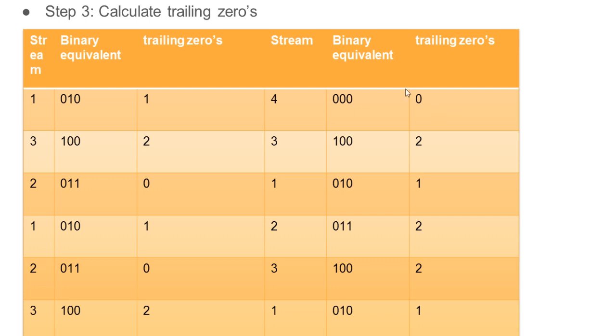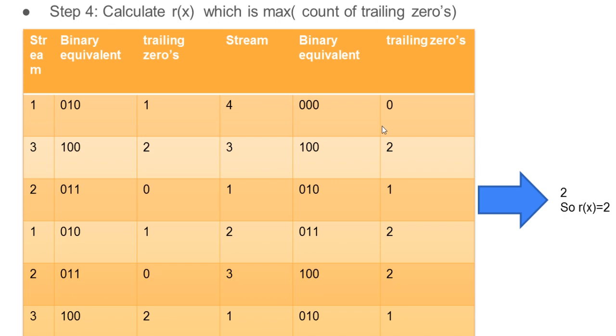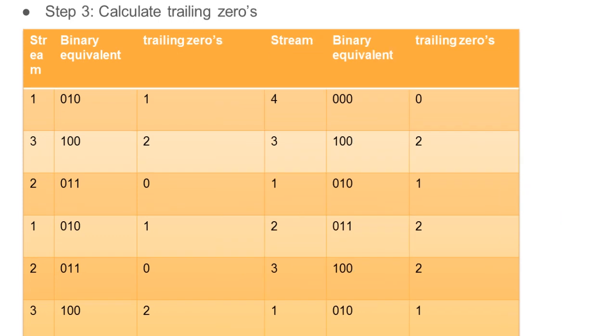I will get R of x. That is, it means you are calculating in your next computing. Here if I write 3, my R of x will become 3. If that happens, my unique elements will be 8, which is wrong. That is the reason, students, at this point only, you will write here the trailing 0 as